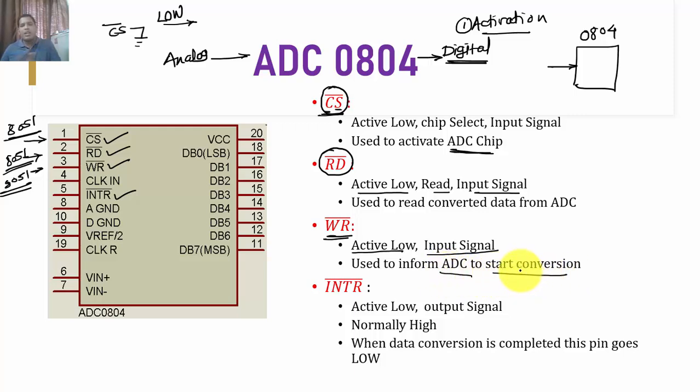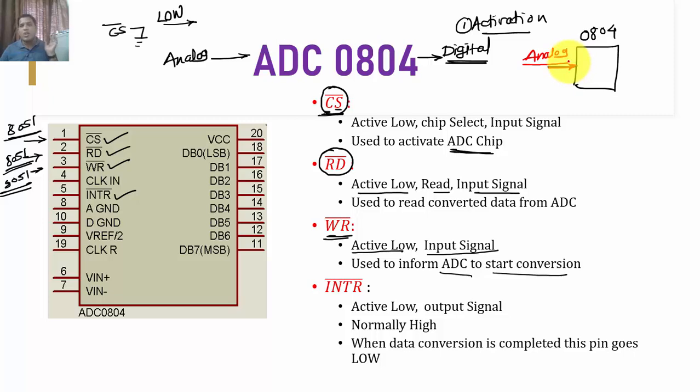Now the picture might be a little bit clear to you, right? No doubt this 0804 ADC chip is there with me. At the input side, I have this analog data, which may come from a sensor or from anywhere, right? The data which is analog in nature is given as an input to 0804. And it is not like once you give that data directly to 0804, it starts converting that analog data directly into digital format.